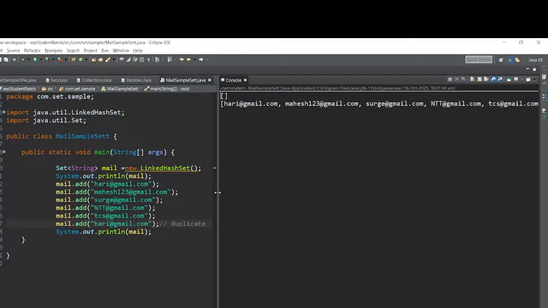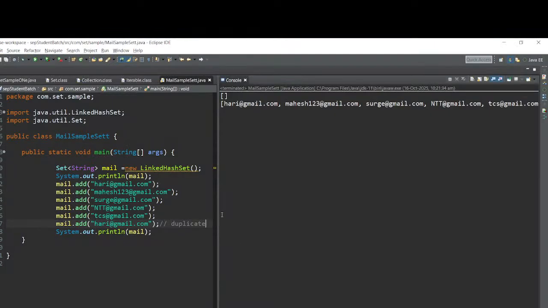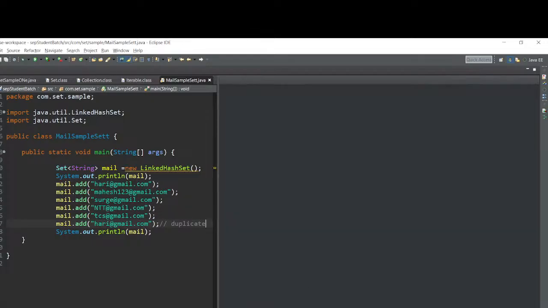But whenever you add a duplicate, hari@gmail.com, it will ignore it and print whatever exists in memory, in the array. See now, Hari is printed only once. That's why I demonstrated this array. So let me go to this thing. This is one thing. So hence,